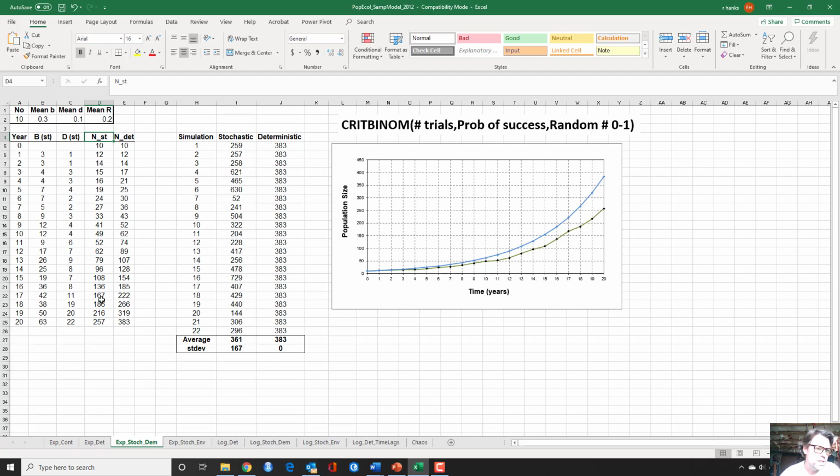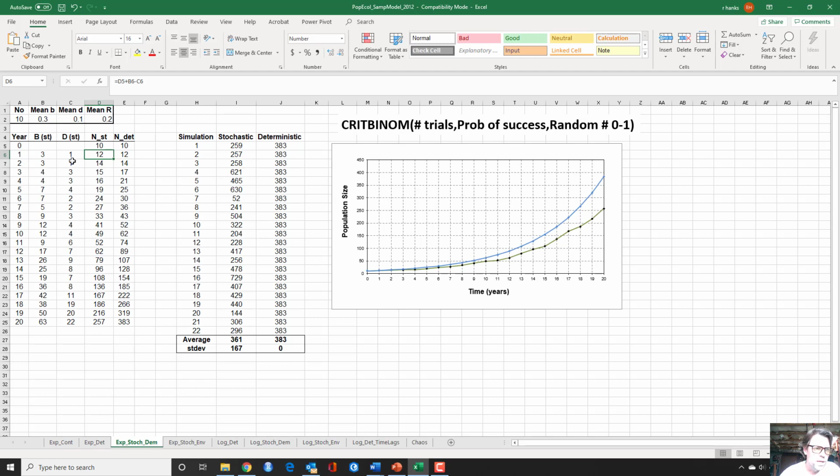Okay, so the stochastic population increase. That's where we have that variability built into the model. And then the deterministic model is simply the model that we used previously, and this will always remain the same. This is the model that starts to change. If you look at this curve, this blue curve will remain constant throughout any of the simulations that we